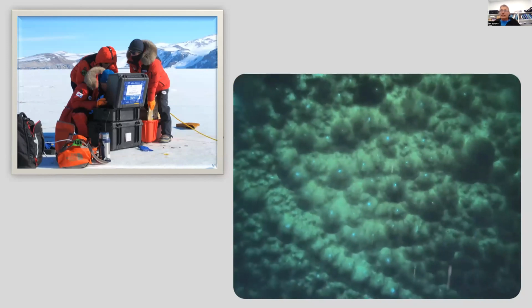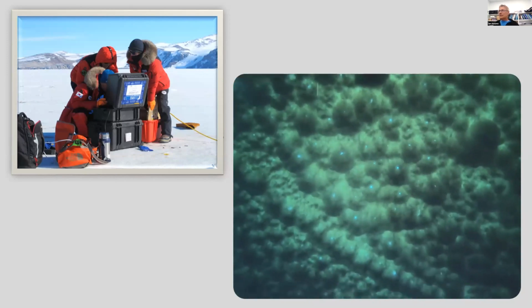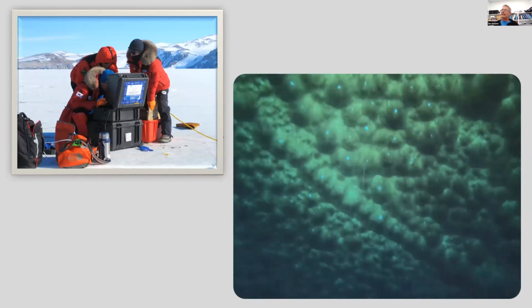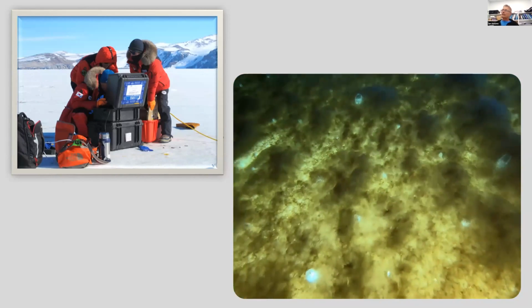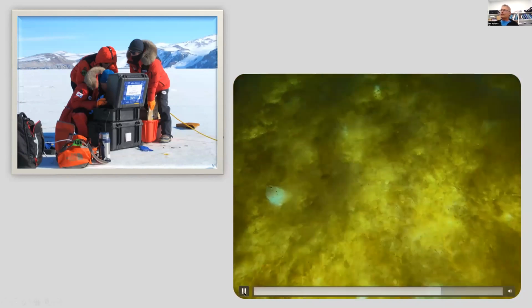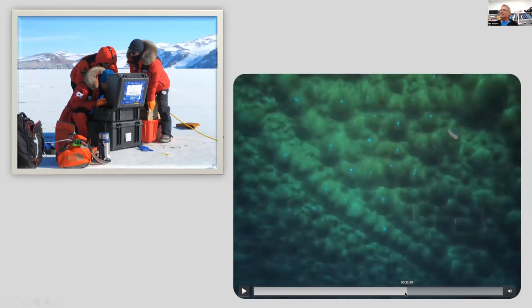It can do it for longer and it can do it for deeper. Sometimes also though, we get these real insights from this technology that we wouldn't otherwise get. So if rather than put the camera on the bottom of the ROV, you put it on the top, and I'm just going to pause here and go back a second because I just want to explain that here we're looking up at the ice from underneath with the camera sitting on top of an ROV, and we see these structures which are